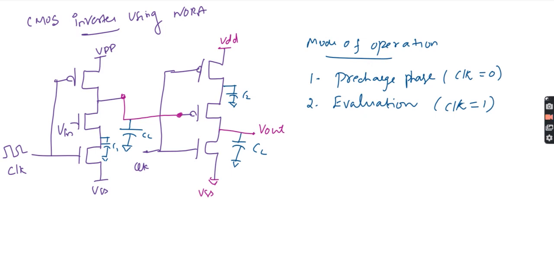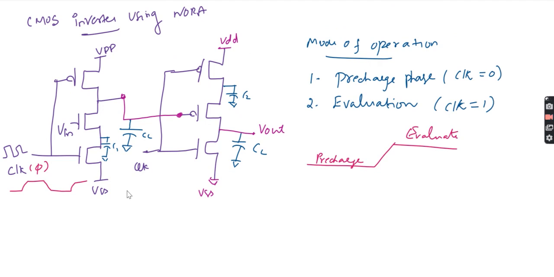So how can I draw the diagram now? Very simple. See, this is my clock, correct? So now this will be the precharge phase, this will be the evaluation phase. In this way only it will work. So I am applying the clock to the input here, that is the clock, or I can say 5 volts. We will apply it. Okay. When I apply the clock equal to 0 in this circuit,